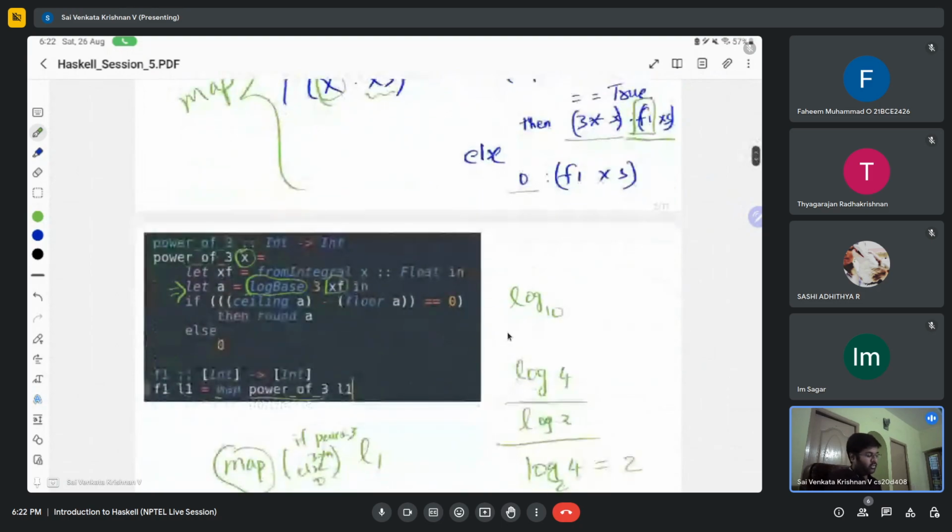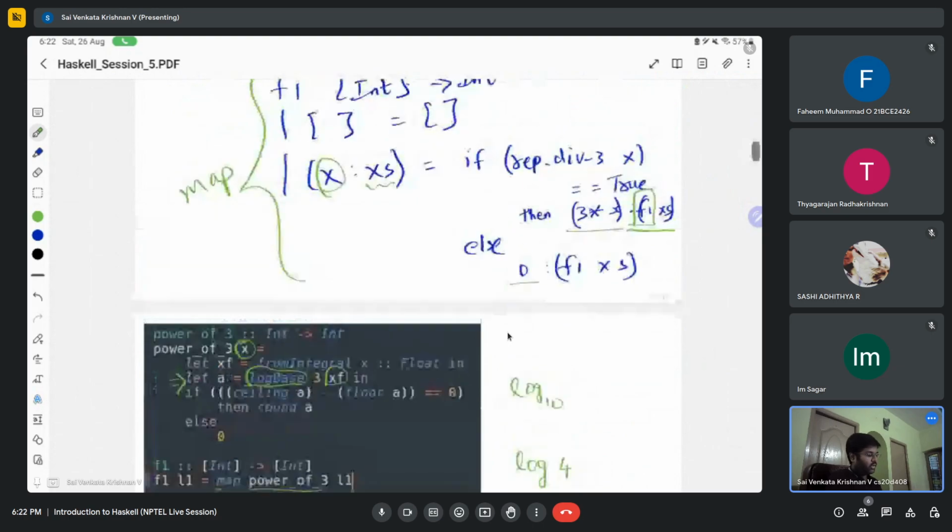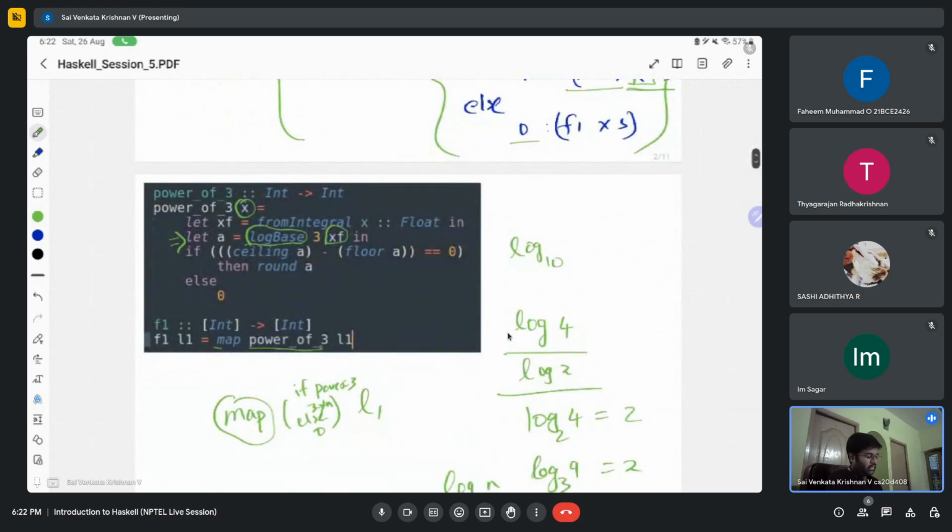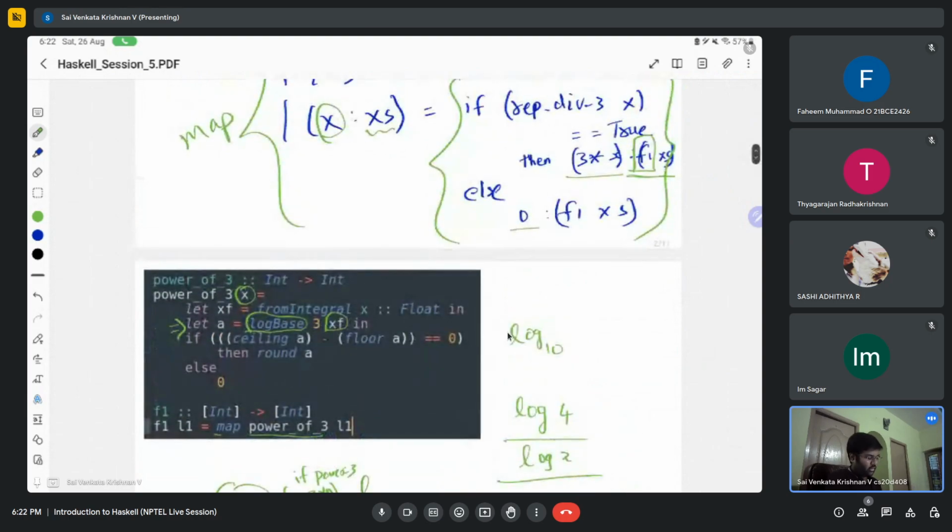I just use the map function directly, and to it, this part of the logic I had passed as one argument, and the list L1. Now every element of the list would be passed to this function, which is this logic over here. You are checking with each element whether it's a power of 3 or not. The same thing, it checks over here x,